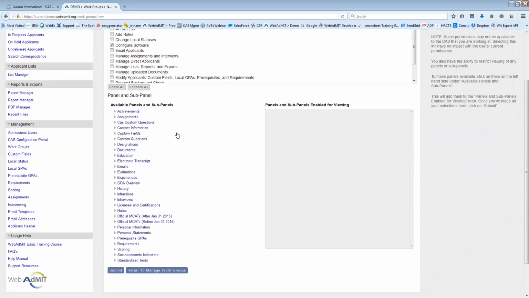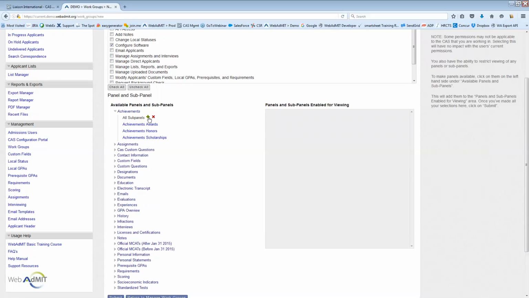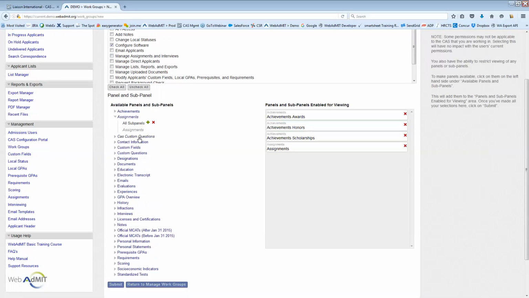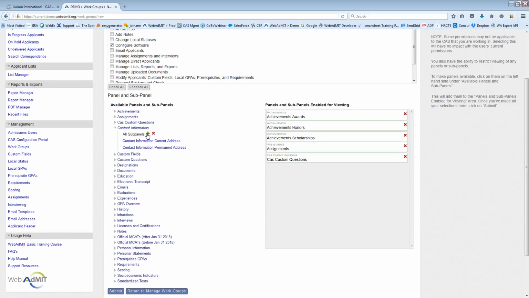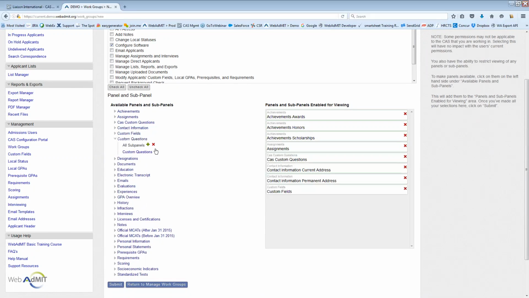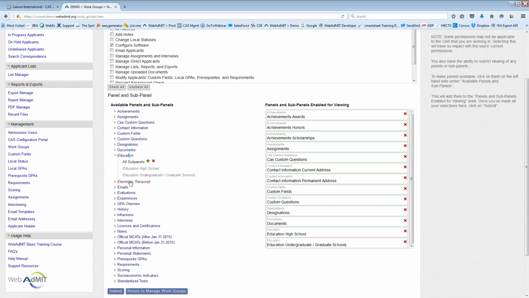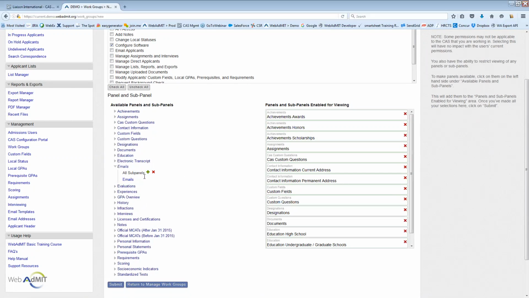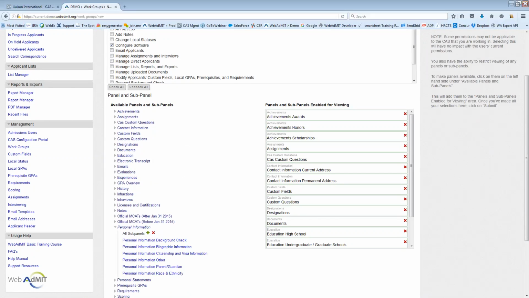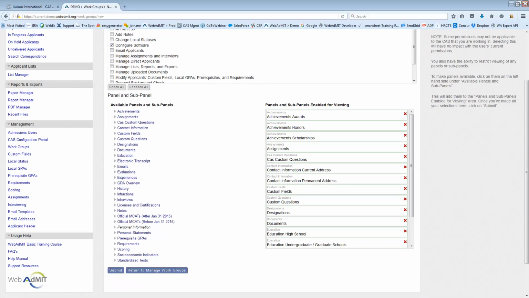Now, the second part of this is what you want each user in this work group to be able to see. So when we were on the applicant page earlier, we saw how it was broken up into different panels. Well, this section lets you see all of those panels and decide which ones you want the members of this work group to have access to. So if there's any particular panel you don't want them to see, if you don't want them to be able to see the work experience of an applicant, or if you don't want them to be able to get to the ethnicity information, or whatever it is you don't want them to have access to,